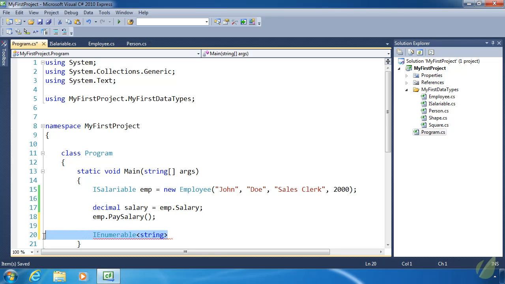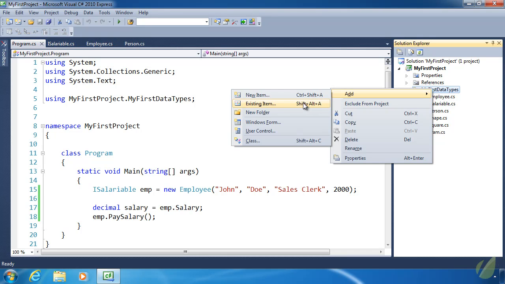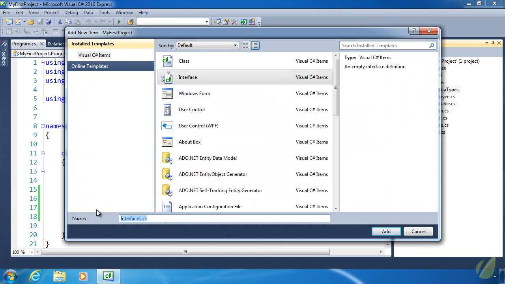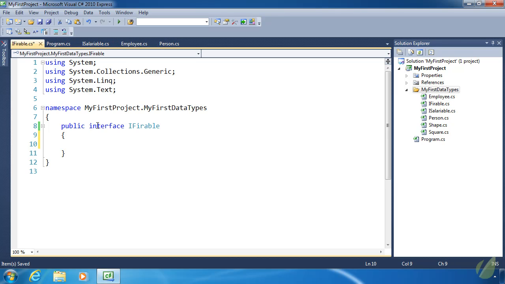Okay, so that's one interface down. Let's create the other interface. And I really don't like this interface because of the nature of the interface, but it unfortunately is a necessity. And that is IFireable, because there are going to be times when we do need to let an employee go. And I don't like that any more than anyone else does, but that's just a fact of life. And we really don't need any type of properties here. All we really need is